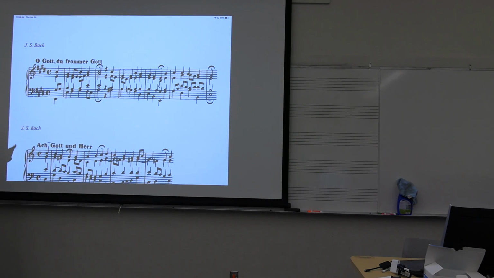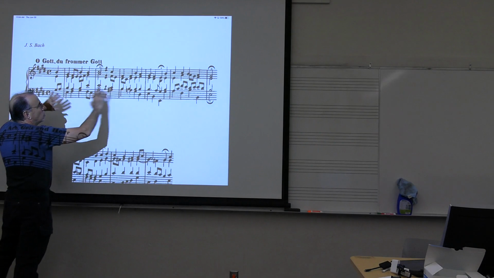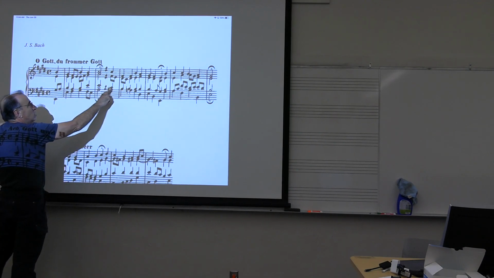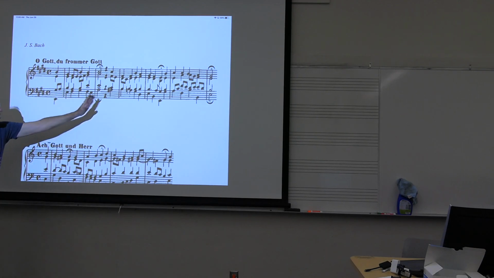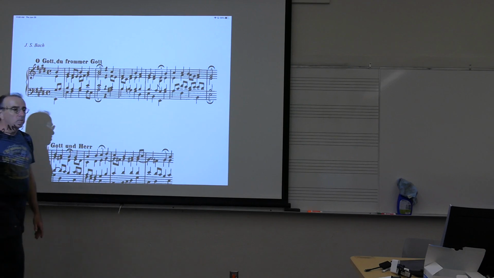But let's put that on pause now. I just want to point out that when you're looking at music and it's mostly diatonic, mostly E major, but then you see something that's outside of the key, that's probably going to need some special attention, and you're going to have to ask, well, what is that? You're probably going to have to jump outside of the key for a minute. But let's start at the beginning and analyze up to that point, a little beyond it. And then we'll talk about that